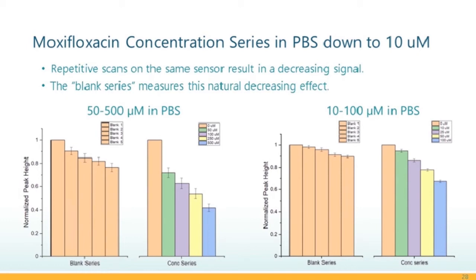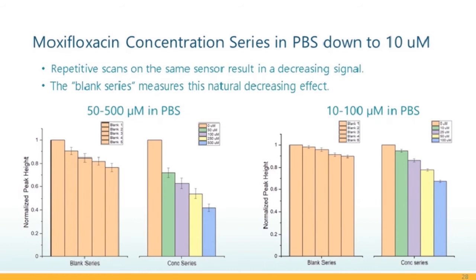You don't need any external referencing, but for this case, because we've hand spotted, we start with a blank sample as the first one, and we can normalize the results, and then we can see how the current signal changes as you're going from sample to sample that has a different concentration of the moxifloxacin in it. And what we did was side by side a number of these cartridges, and you can see a very clear difference if you go from blank to blank to blank versus blank to sample to sample to sample. And so this was the first set of data that we